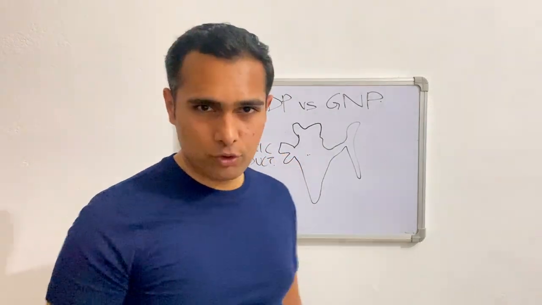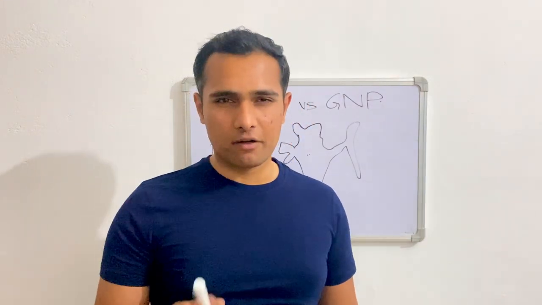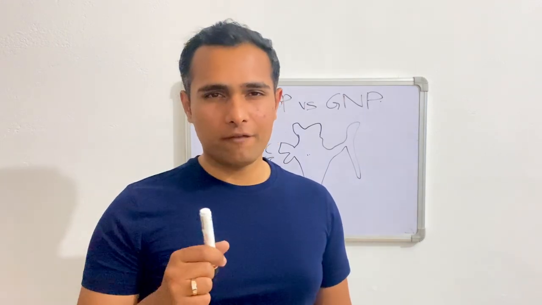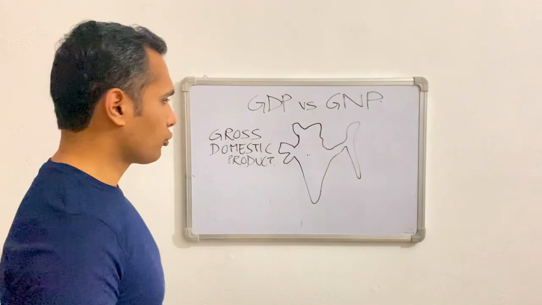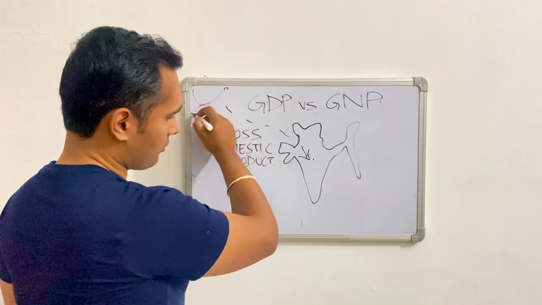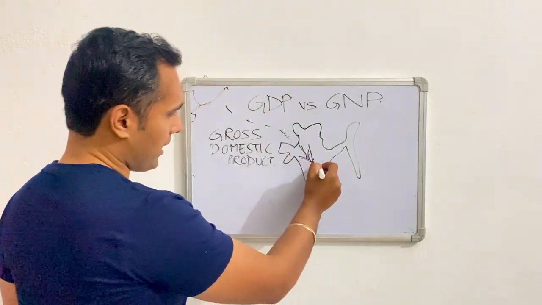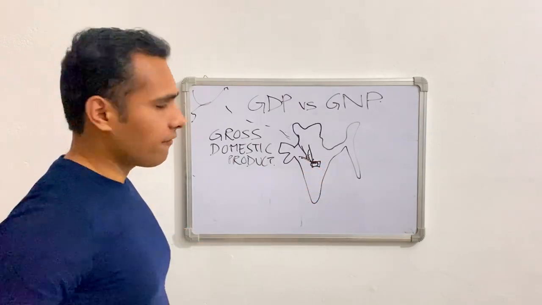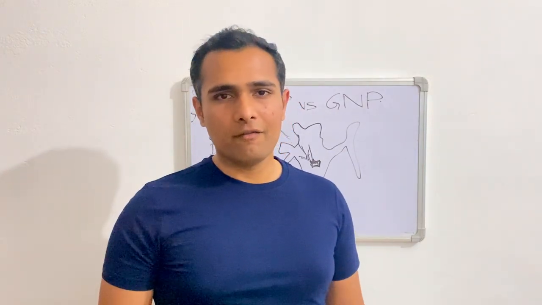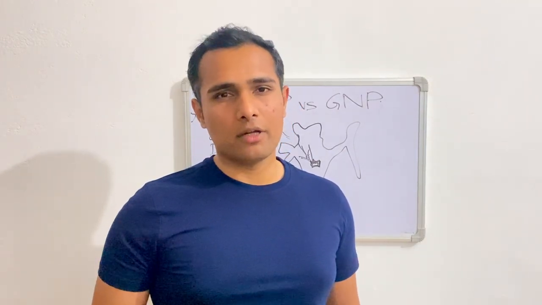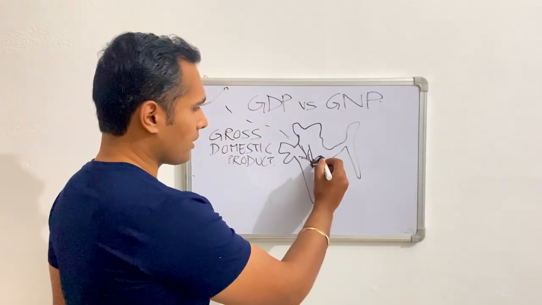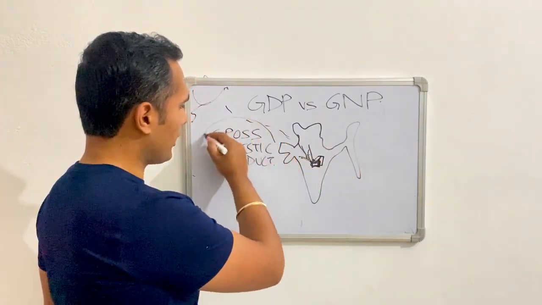If you have pen and paper with you, you can write down: the total value of goods and services produced within the geographical boundary of India is known as GDP. Let's say Tom Cruise from the US comes all the way to India and enters the Indian boundary. Over here he sets up a factory and starts producing some goods, or let's say he is into filmmaking, so he starts a filmmaking institution. He is providing a service, people are coming there, they are learning how to make films. So he is providing a service inside India. Since it is set up inside India, it is going to get counted in GDP.